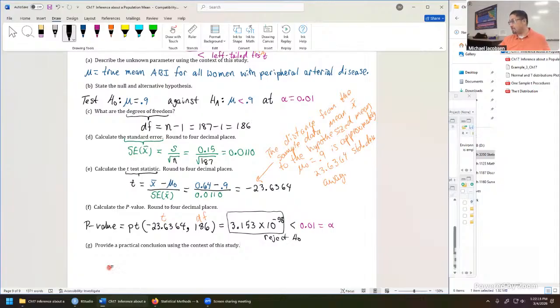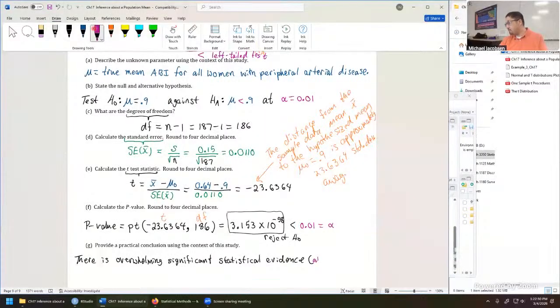So here's how I would word this. For a p-value that small, you might use special words and say, there is overwhelming significant statistical evidence. I like to mention the significance level when I say that, kind of like saying what the confidence level is in a confidence interval analysis. I'll say at the 1% significance level,